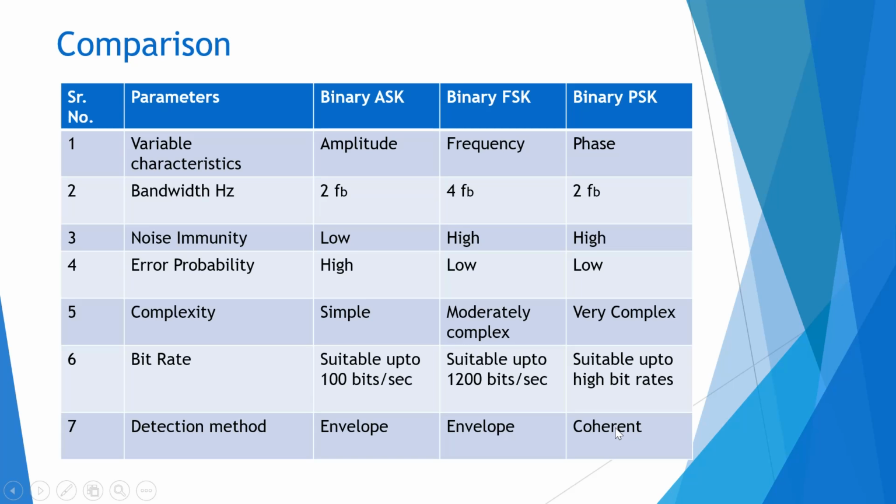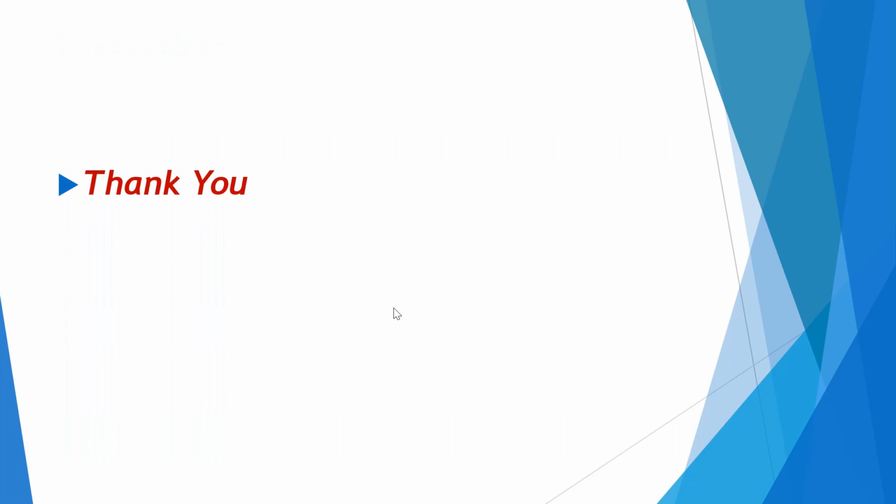If you see the performance in the presence of noise, it is very bad in case of ASK. It is better than ASK for FSK, and for PSK it is better than FSK again. So if you see the noise immunity, for PSK and FSK it is very high, except for the ASK signal. So these are the techniques which we have learned and compared, so that depending on the application we can select whether to use ASK, FSK or PSK. For now, thank you.